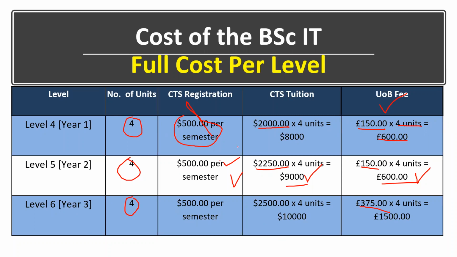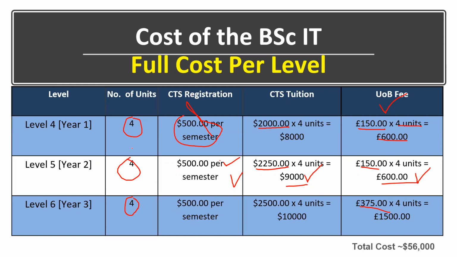Right. So your total cost would probably look like this: you have $500 registration per semester. You have 2 semesters, so that's easily 1,000 for your registration, right? Your tuition would total up to 10,000 TT, for all 4 of your units going at $2,500 each, right? These are TT values, of course, right? So that's 11,000 TT, and then £375 per module. That's going to total up to 1,500 pounds, right? So you could be paying anywhere from like 25 to 26,000 just for level 6 as well,